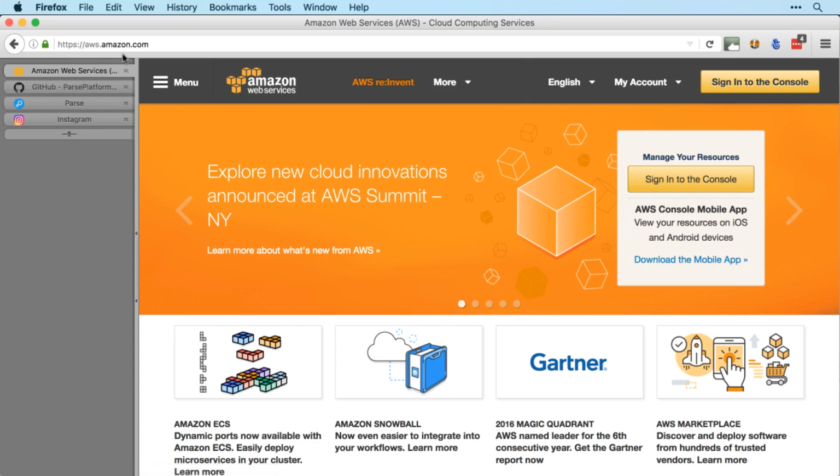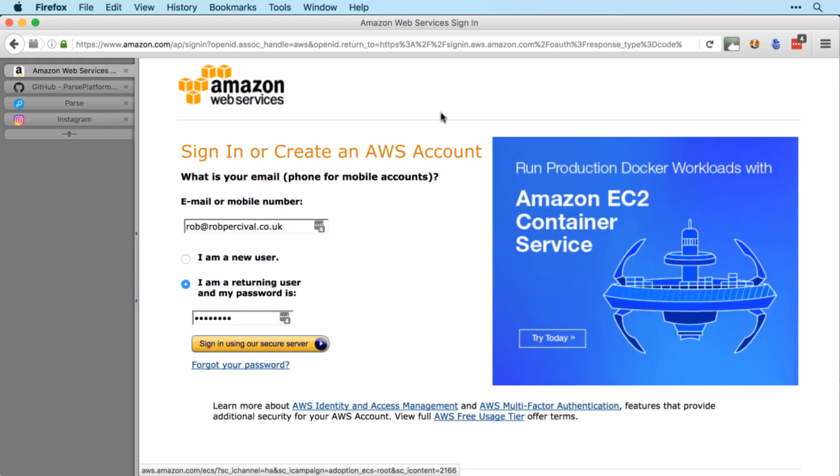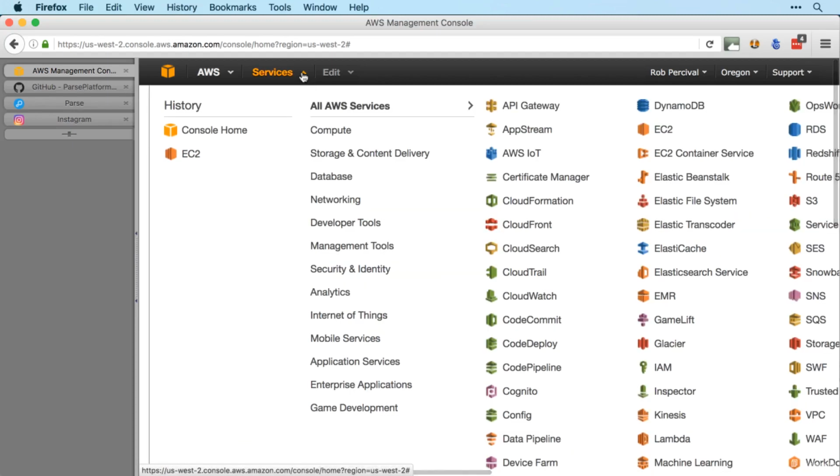Go over to aws.amazon.com and click Sign in to the console. If you don't have an Amazon account, then you'll need to create one here. If you do, then just log in with your Amazon username and password. So I'm going to log in with rob@robpercival.co.uk and my password. And now we're logged in, we're going to jump to services, and you can see the huge range of services